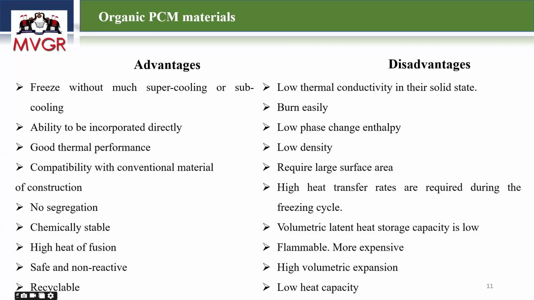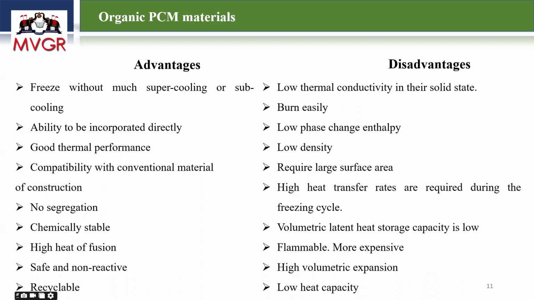Suppose I have a material having a melting point temperature of 30 degrees. If you give heat at 30 degrees temperature, the PCM melts. Whenever you want to extract the heat, whenever it releases the stored heat,